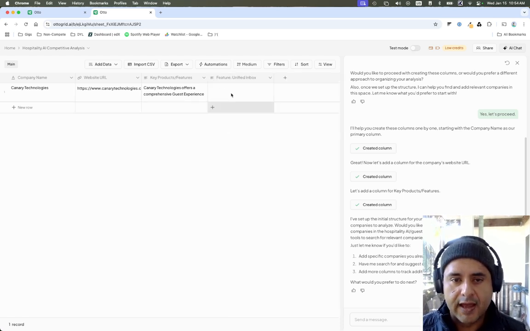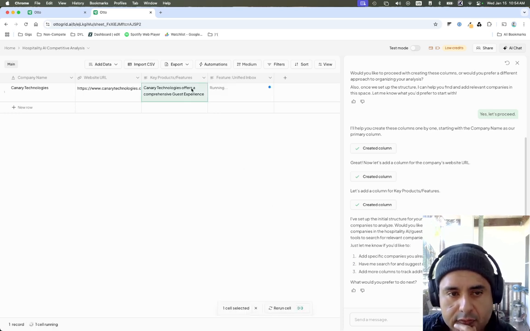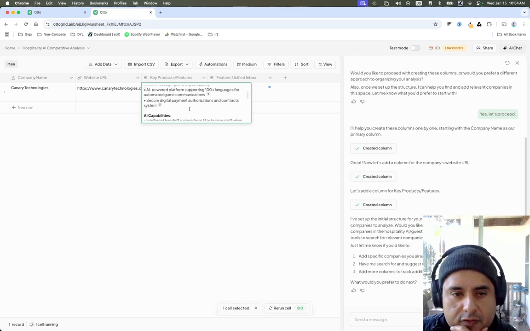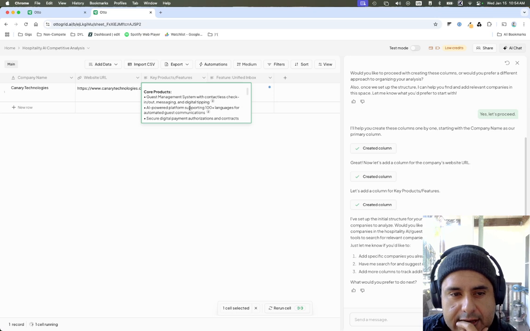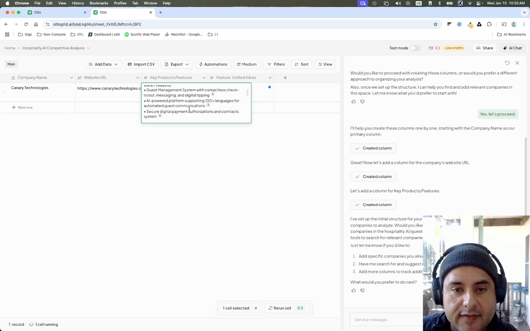So we're going to save that, and it hasn't run automatically, so I'll just go ahead and queue it up and say let's go run this. Now let's see what happened here on the key products and features. It says that it's found distinctive features, mobile first design, enhanced fraud protection, great. So this is good at getting a good overview of what exactly this company is putting forward as their value